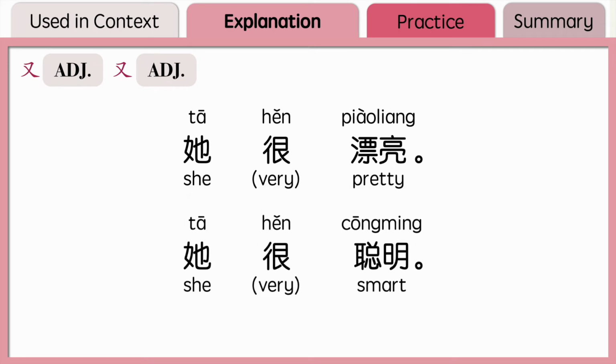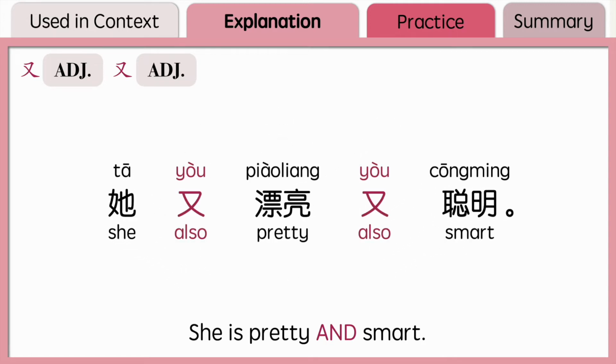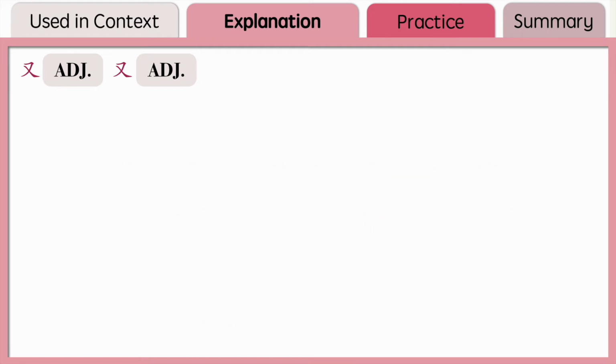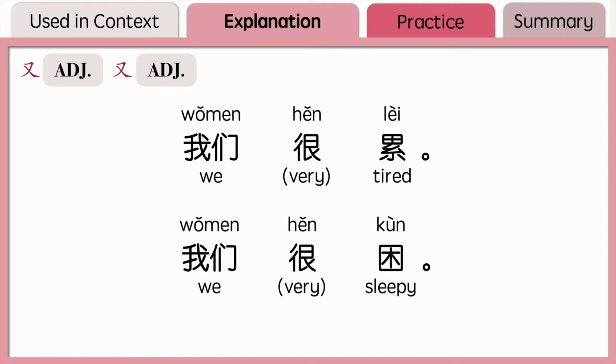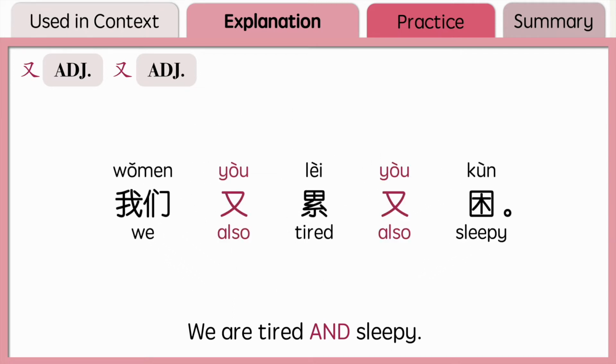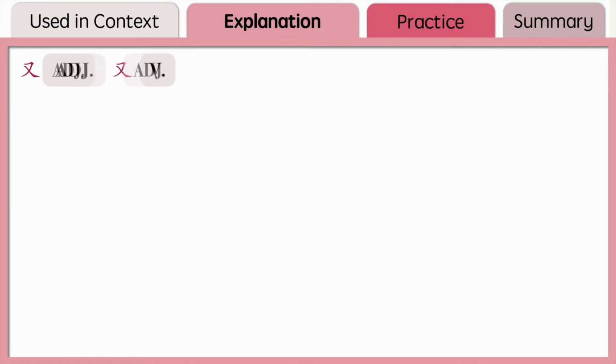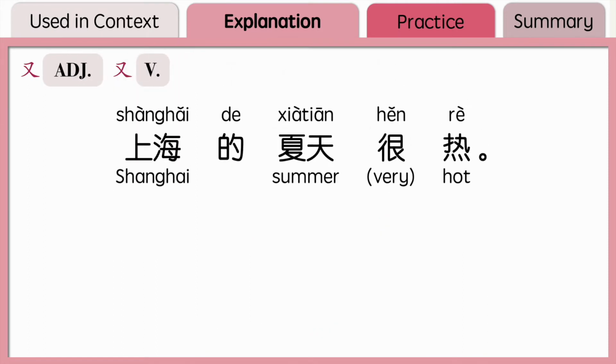她很漂亮。She is pretty. 她很聪明。She is smart. If you want to say, she is pretty and smart, you can use the yo-yo structure to connect the adjectives and say, 她又漂亮又聪明。我们很累。We're tired. 我们很困。We're sleepy. If you want to say, we're tired and sleepy, you can use the yo-yo structure to connect the adjectives and say, 我们又累又困。